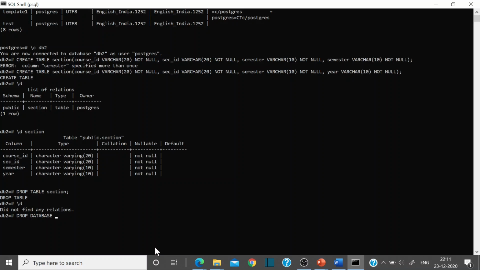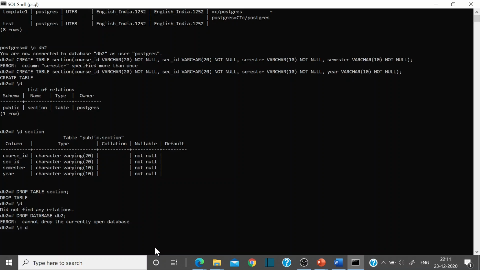So specify the name of this database, db2, and semicolon, press enter. It says we cannot drop the currently open database. For this, we will come out from the database. For this, we will just switch to any other database. For this, we will do \c